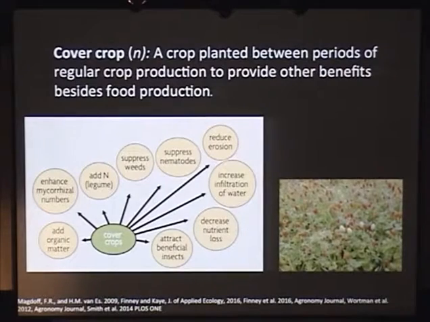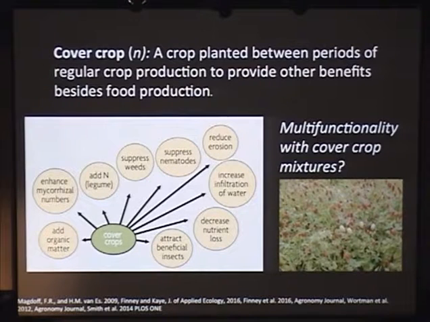So today I want to focus on the importance of these non-harvested crops. This is the basic definition of a cover crop up here, if you're not familiar with it. And cover crops can be very strategically incorporated into cropping systems in windows between cultivation of primary cash crops. So they can often grow in the off-season. Traditionally, they were grown to reduce erosion, but we now recognize that we can get this really broad range of functions from cover crops. And so increasingly, my work is focusing on this question. If we combine different cover crop species together, can we simultaneously enhance multiple ecosystem functions at once? That's the definition of multifunctionality.